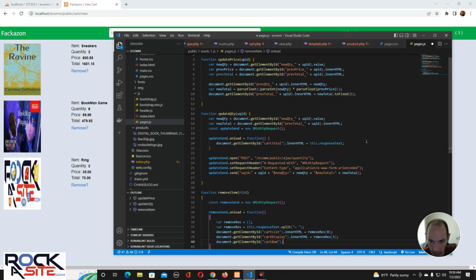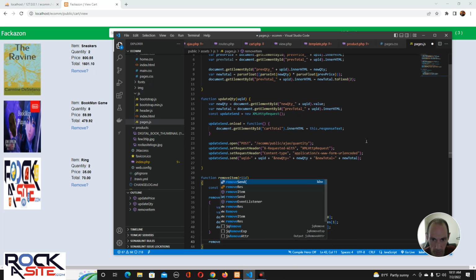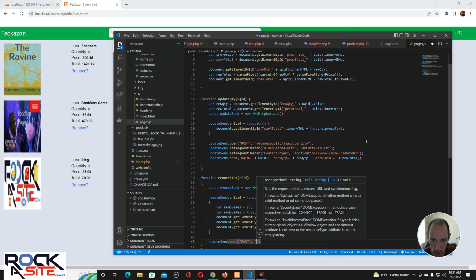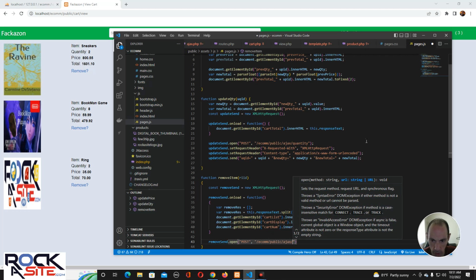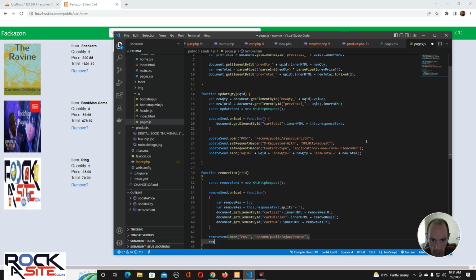We'll send the count as the last variable. And then we just send the XML HTTP request. Flip, open, post, ecom, public, ajax, and we'll say remove. And then we'll go remove send,